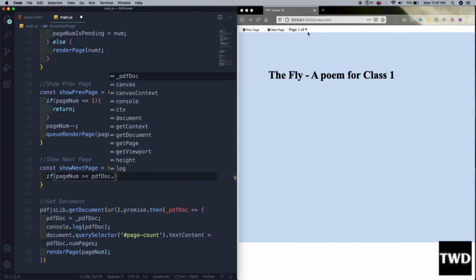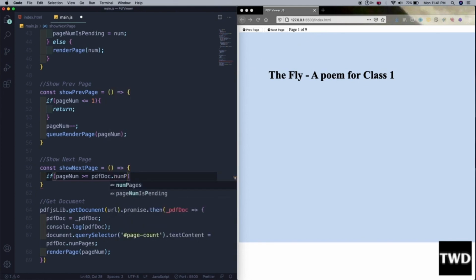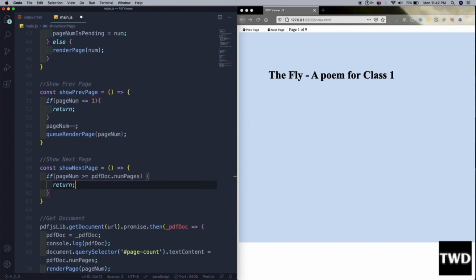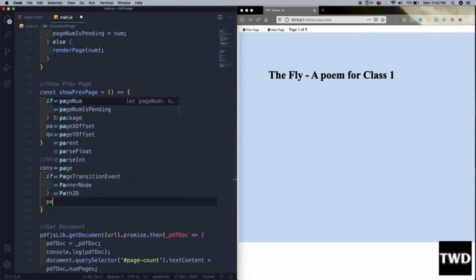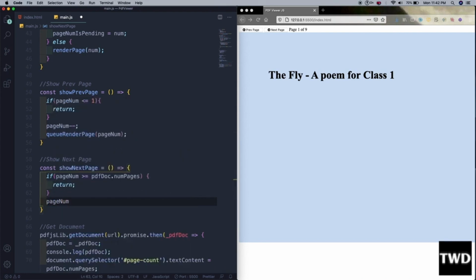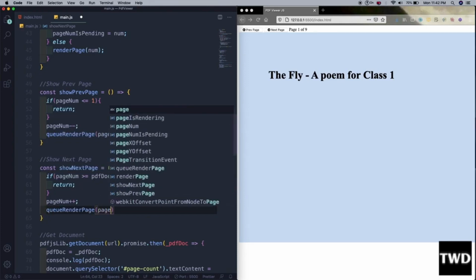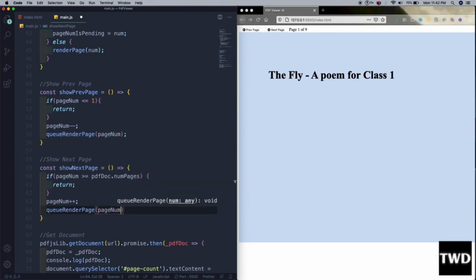Like this, the number of pages is 9 in this case, so we cannot go beyond that. numPages, it will return, or else page num plus plus, and then queue render page num. We save it,